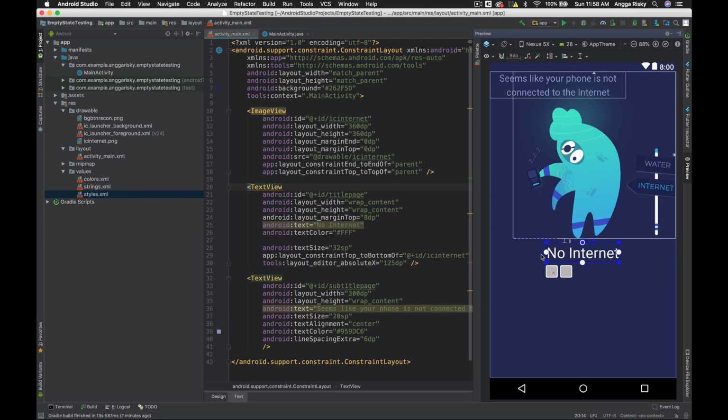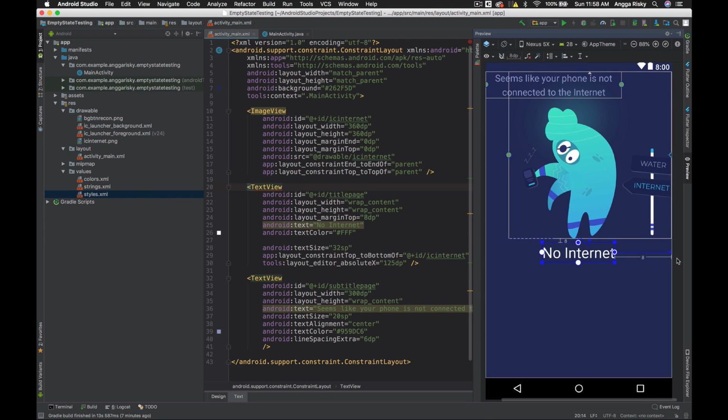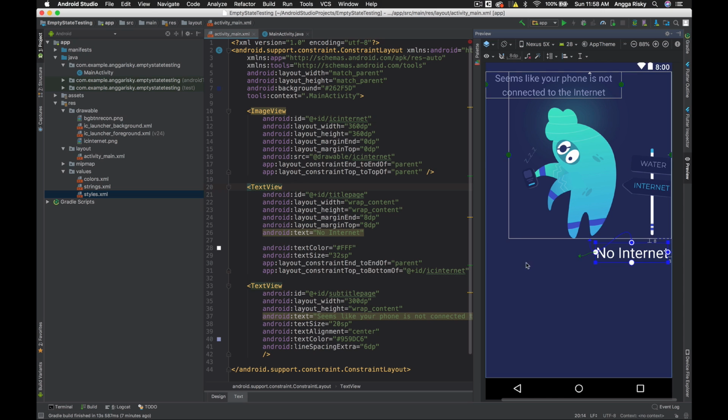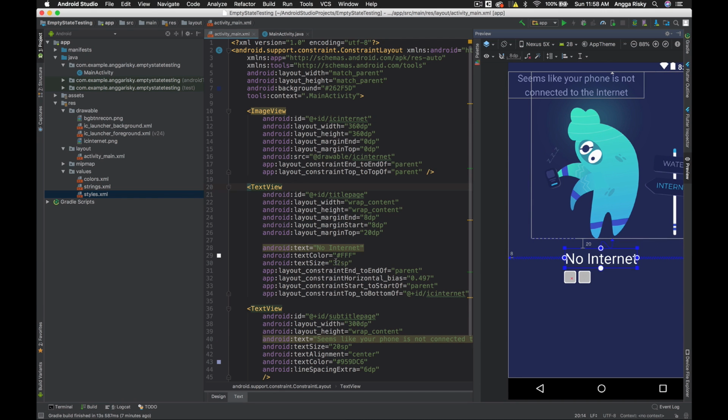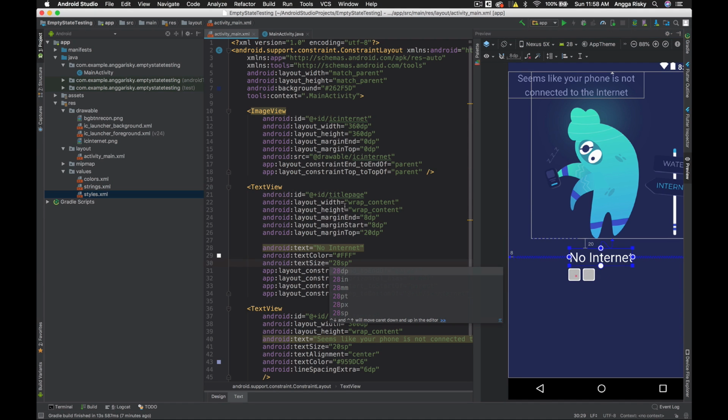Okay, and I think it's a little bit bigger, so we have to decrease the text size of this text view, which is no internet. I could go with a 28. Okay, like this, and then it's already in the center.